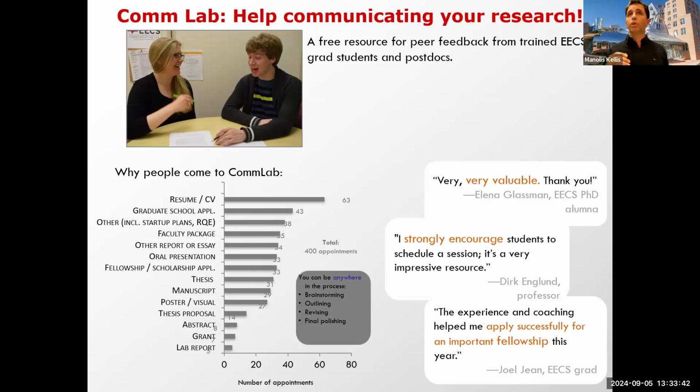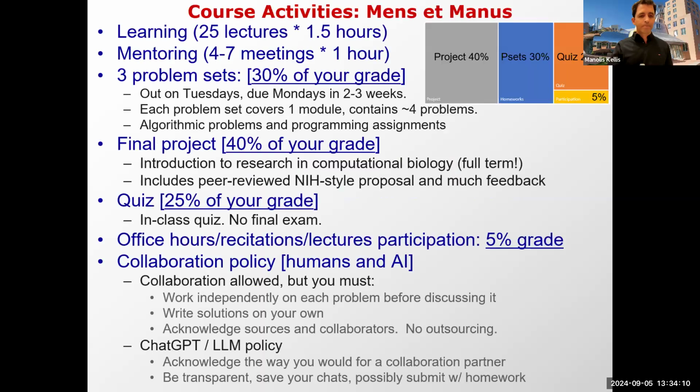We want you to engage it, not just with, oh, please solve this for me, definitely not that, but instead, hey, help me think about that. Or, what does this mean, et cetera. Last year, I sat in the front as we had a guest lecture, and I noticed that the person next to me had ChatGPT open and kept asking questions about different words and different concepts. That's okay. We love you to do that. And you should push it to its limits. So that's our ChatGPT policy here.